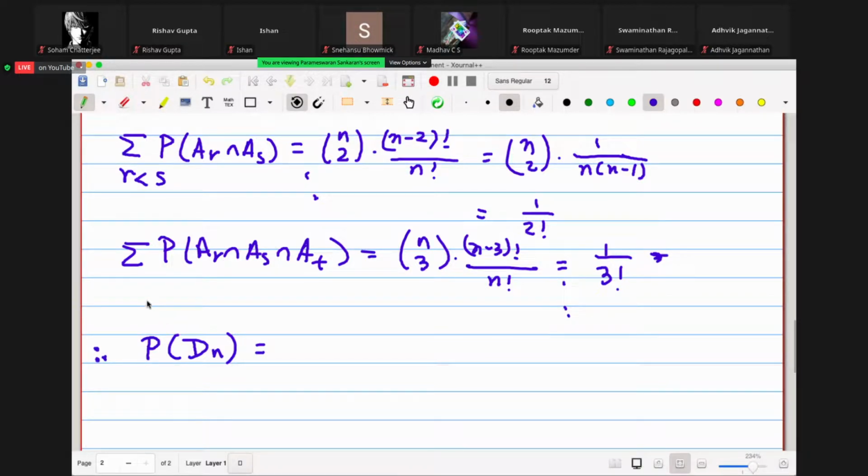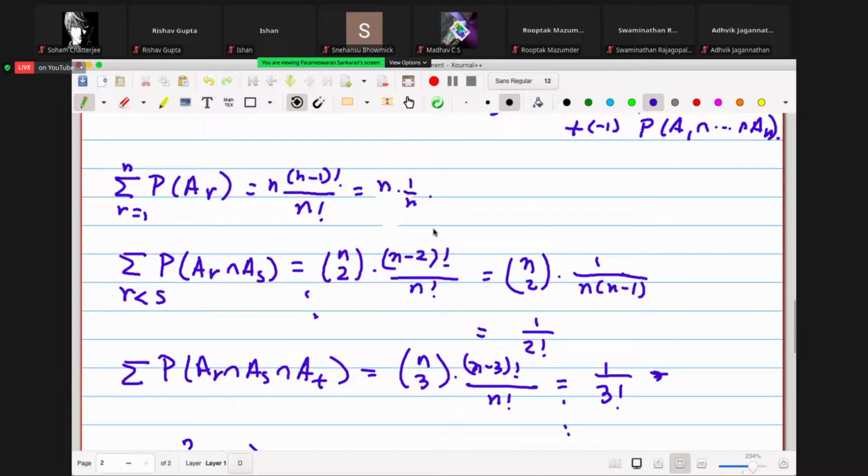Before I write that, let us plug in these values in the previous equation. So this is the probability of the union of AR, going from 1 up to n. This is equal to, the first one, n and n cancel, so this is equal to 1